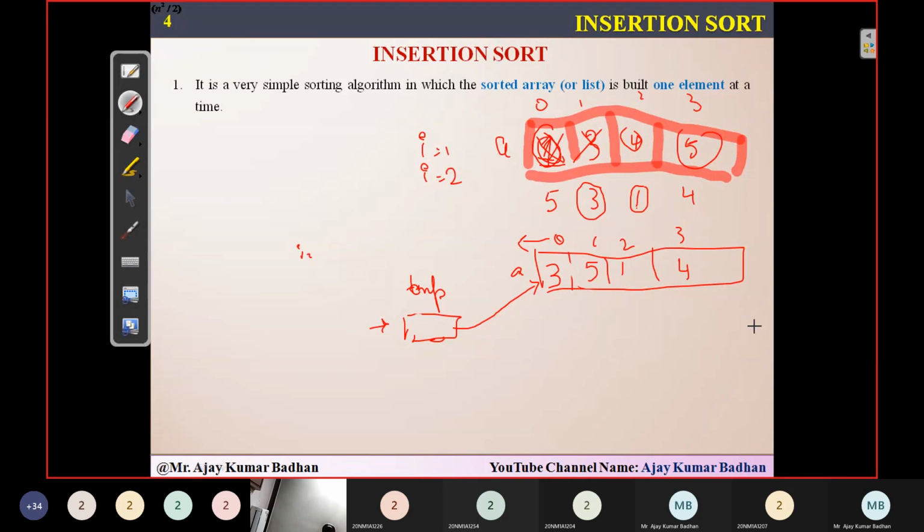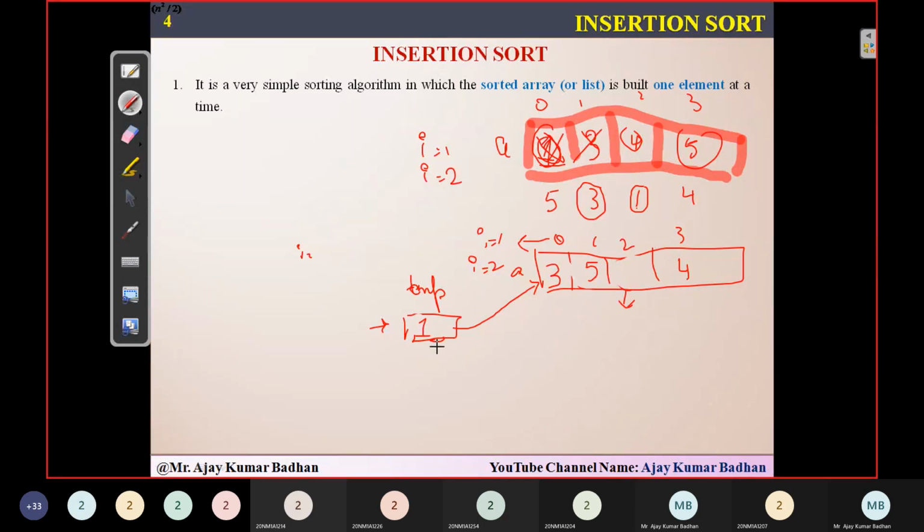So in the first iteration, you got this particular location. In the next iteration, this first one was i equal to 1, and in the second iteration, that is when the loop runs the second time, we will take the next element present here, that is 1. This element will be compared with the remaining elements we have from before. First, I will simply place that 1 in the temporary variable.